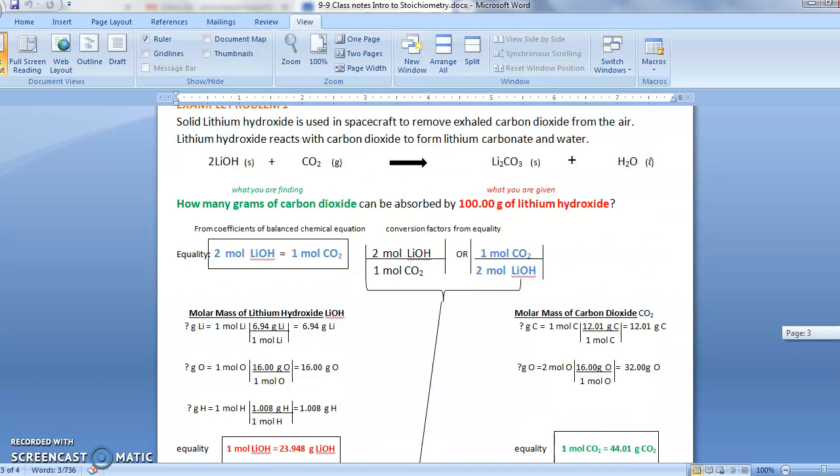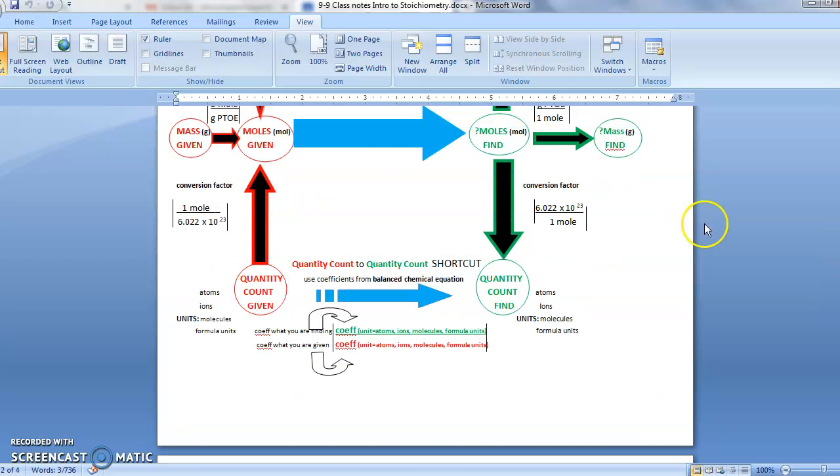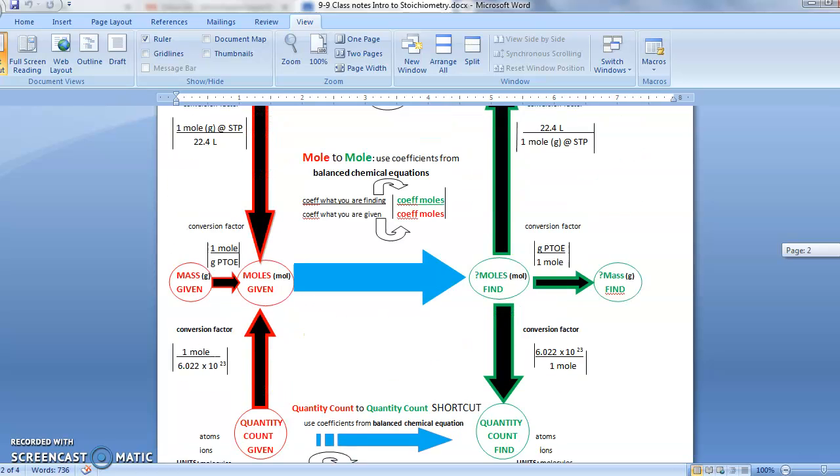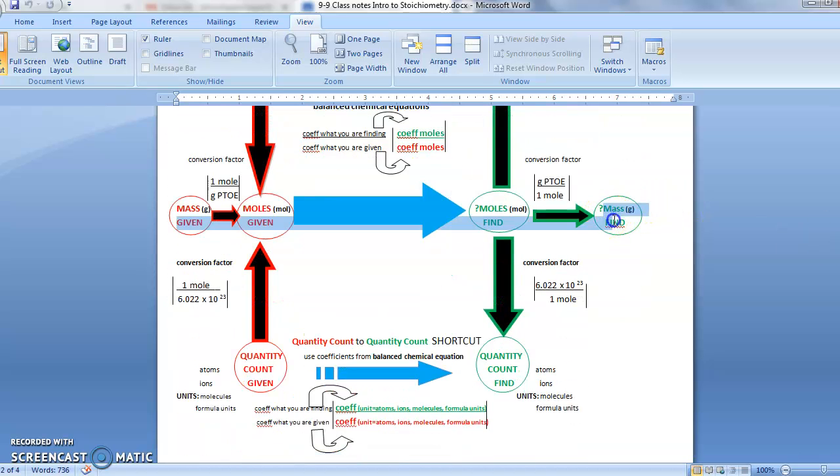So we're right here. We're on the chart. We're right here on moles of lithium hydroxide. We're trying to find mass of carbon dioxide. So the only way I can go from moles of one thing to mass of something else is to first do the mole-to-mole conversion. It tells us to put the moles from the chemical equation of the thing we're finding